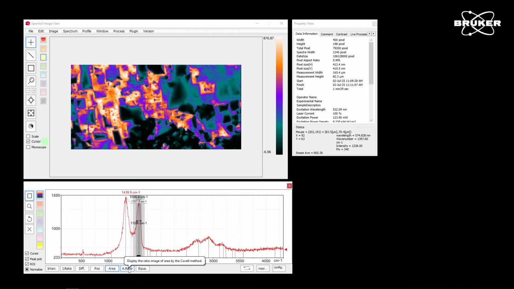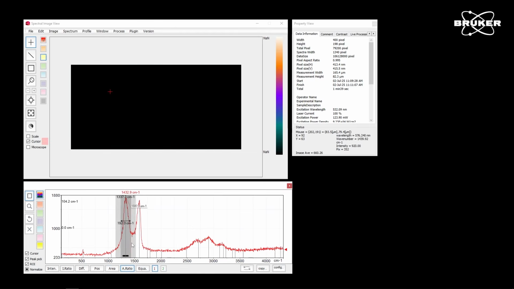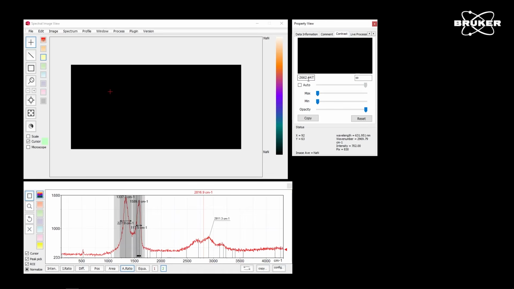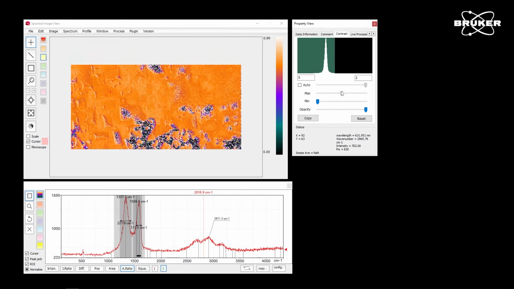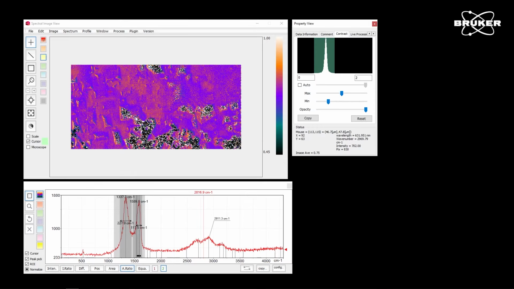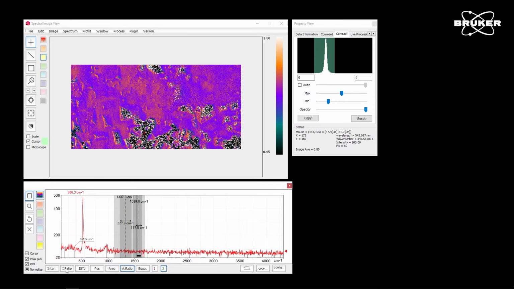So if we create now the ratio of the D to G peak, we will end up between 0 and 2 and see a new distribution in our image. The blackish area will be our silicon substrate, so there's no information for us.